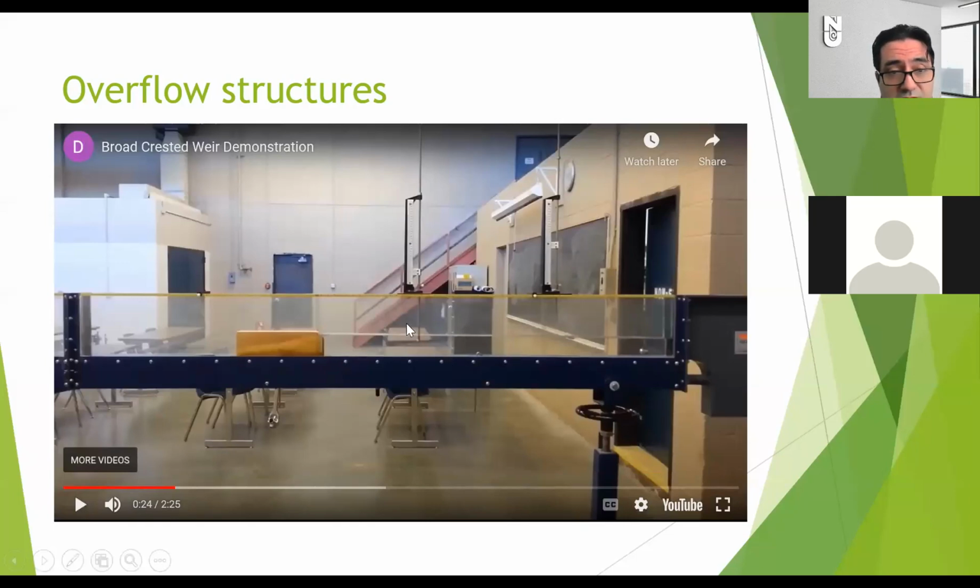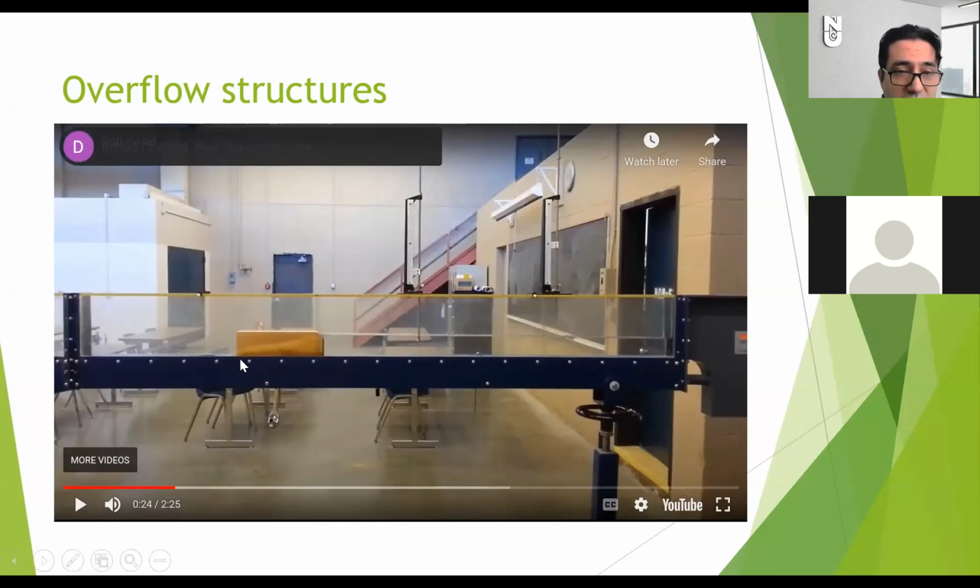So you see that there is a kind of flow channel here. It is an experimental setup, and flow is approaching a kind of hump, but we will say that it is a broad crested weir. Okay, broad crested weir. It means that the top of the weir is not sharp. The top of the weir is broad, and when the water approaches it,